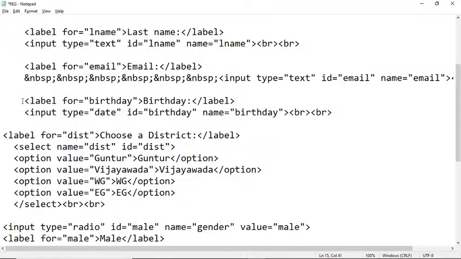Check here, I have used a label tag similar to the above three, and for the purpose I have said birthday. This is user defined. Here I have mentioned birthday colon, label is finished. Now coming to input, previously it was text, but you observe here, now it is date. Whenever you mention type as date,